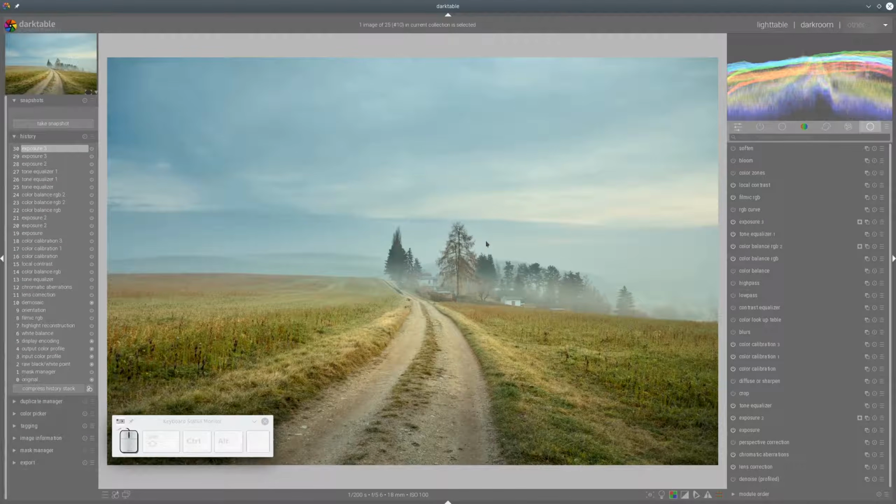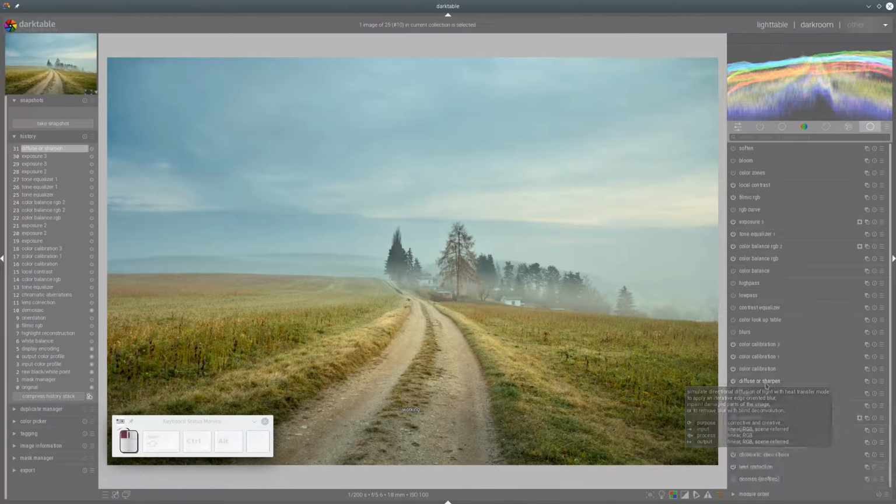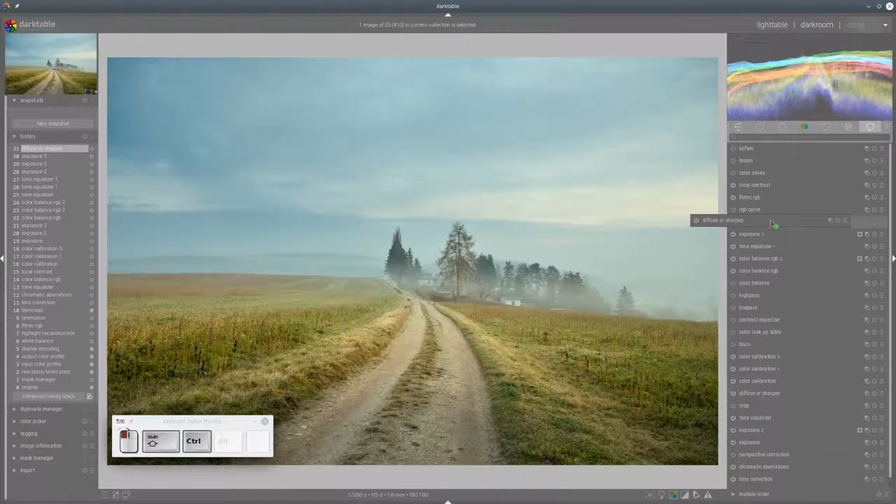Now I would like to address that haziness in the middle, and I would like to enhance it, not remove it. And for that we have the option to use the soften module, but I would like to demonstrate one new module which will be in the next version of Darktable, just for demonstration. It's called Diffuse and Sharpen. I will activate that module and go above the last step, above exposure,